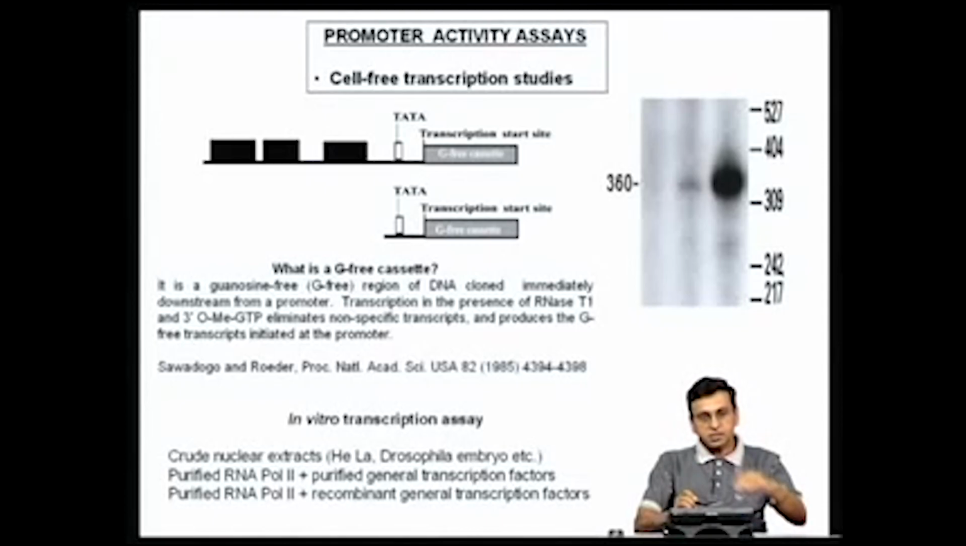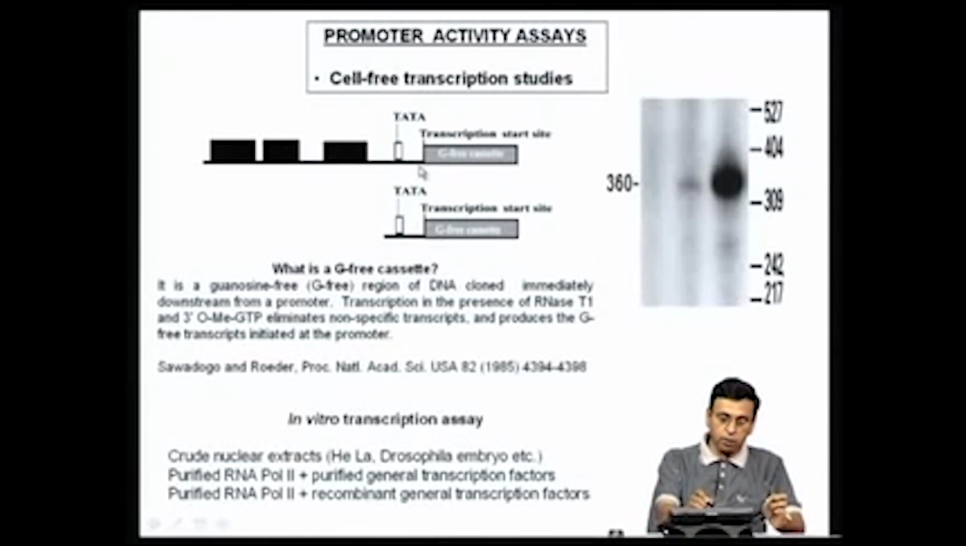So, this template can actually transcribe in the absence of GTP, because GTP will not be incorporated into the RNA. Therefore, this is a G-free template. So, when you carry out the transcription in the presence of RNase T1 and O-methyl GTP, the transcripts which are initiated from places other than the transcription start site will be aborted, and only those transcripts which are originating from the